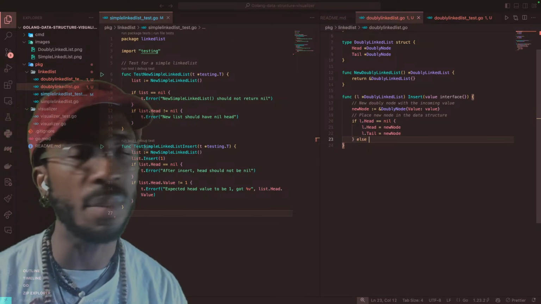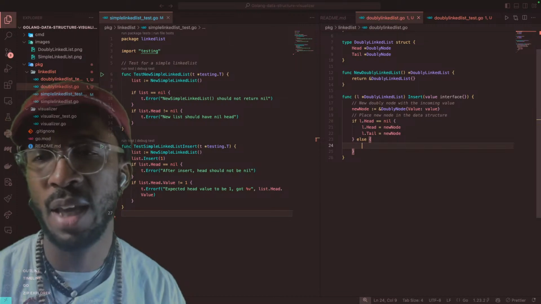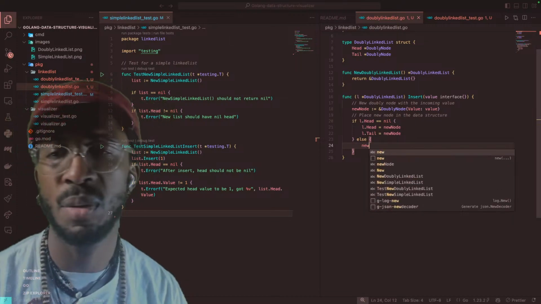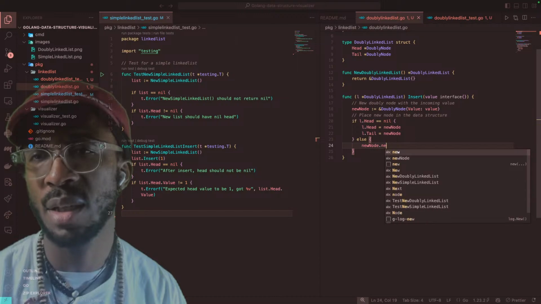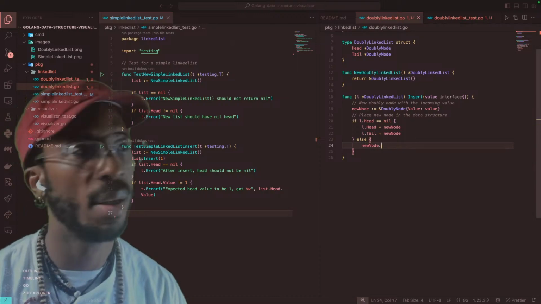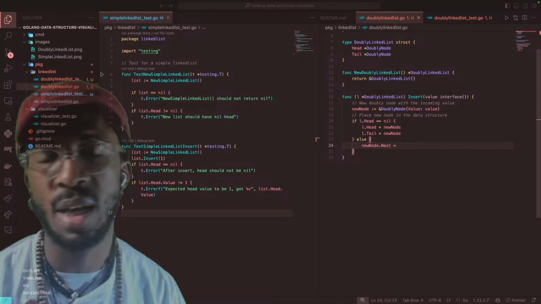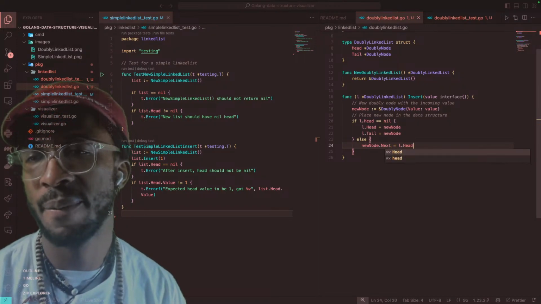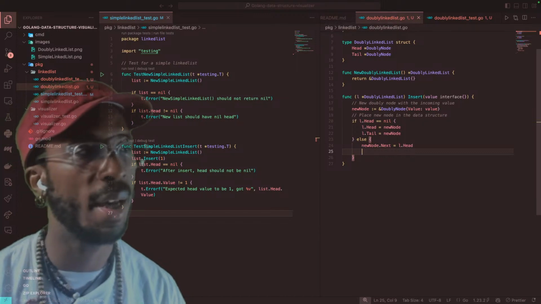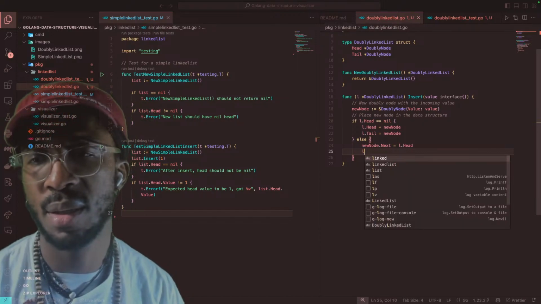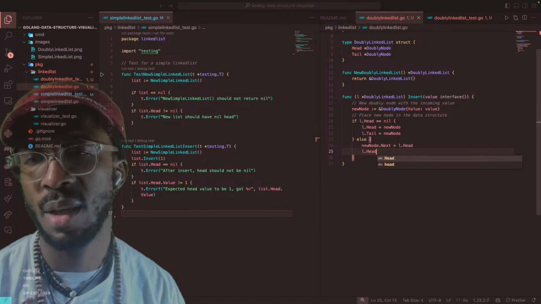However, if the head is not nil, then we'll say the new node's next is going to point to the head,